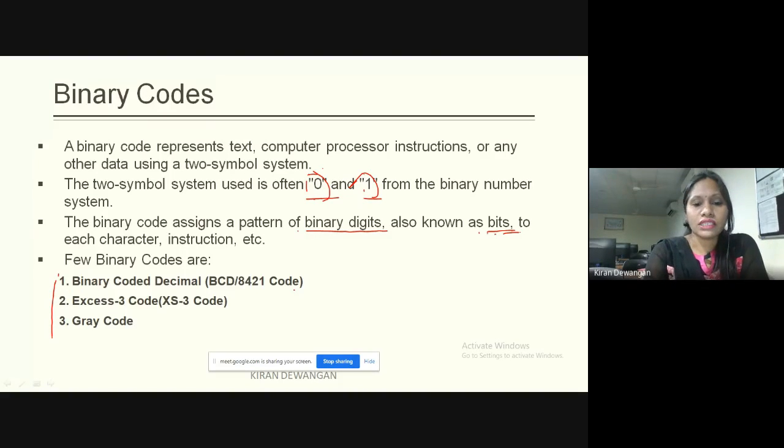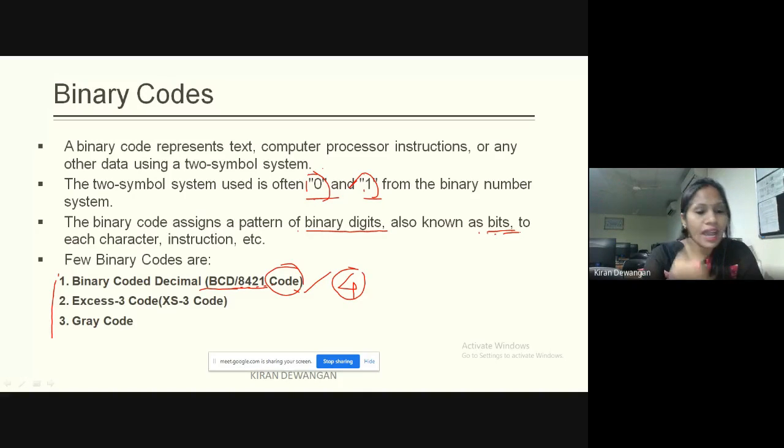The first one is the BCD code, which is known as binary coded decimal. Clear? BCD is binary coded decimal. It is the 8421 code. Why is it the 8421 code? It will be a 4-bit code. It is a 4-bit code always. Binary coded decimal is different from a normal binary. It is a code. So it is always 4-bit.